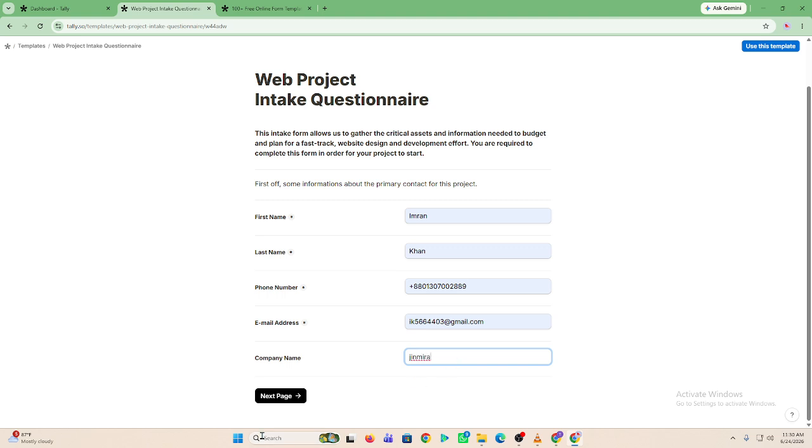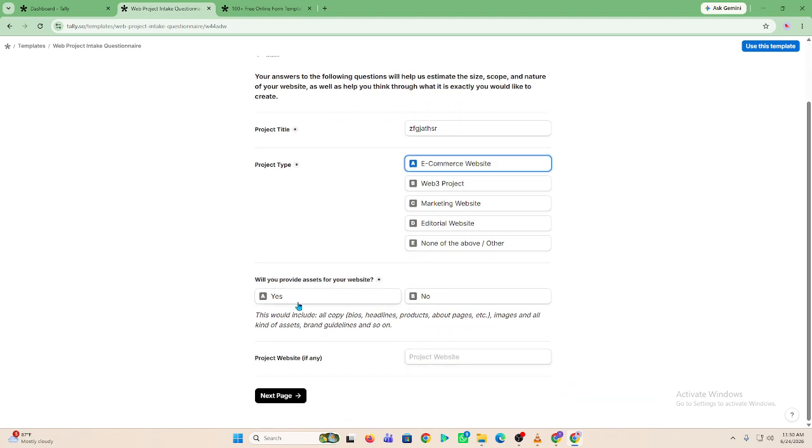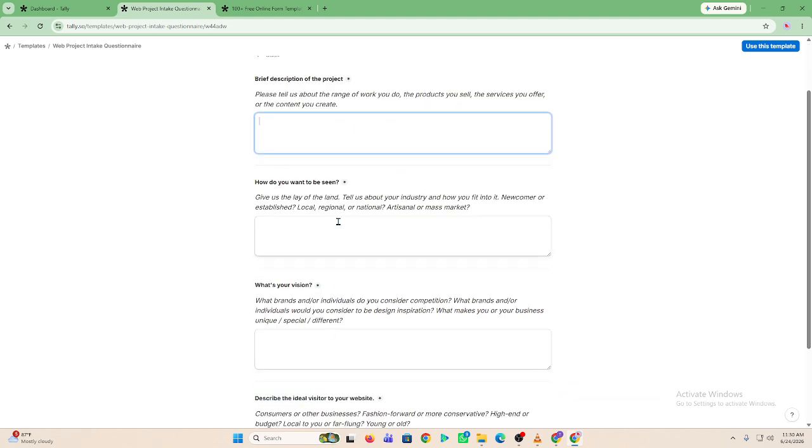Before publishing, preview your form to make sure the multiple choice question looks clean and works properly. Once everything looks good, click Publish. Your multiple choice question is now live and ready to collect responses, and that's how to add multiple choice questions